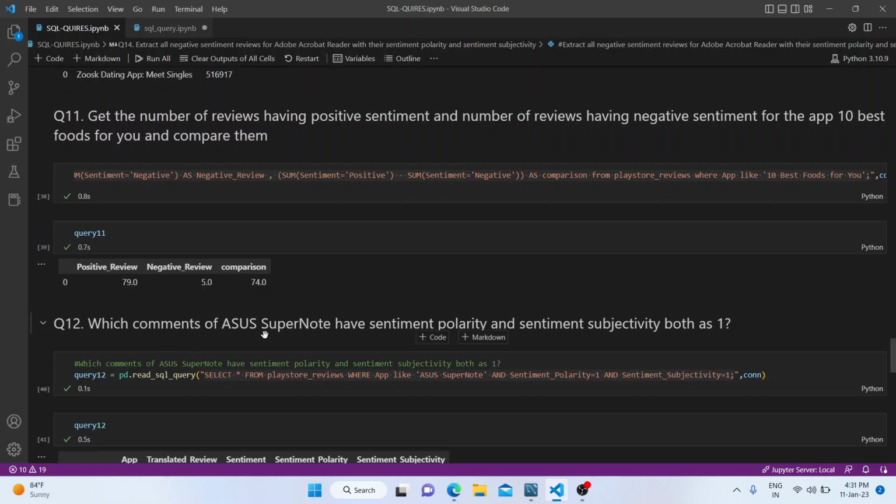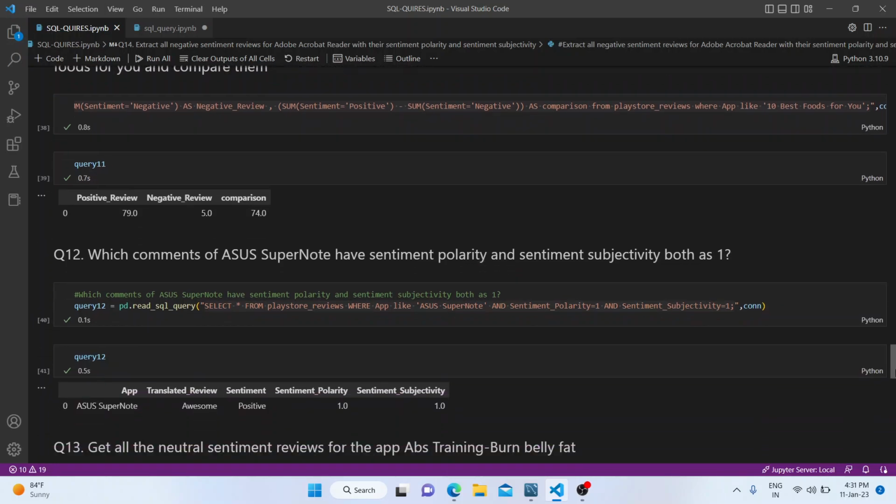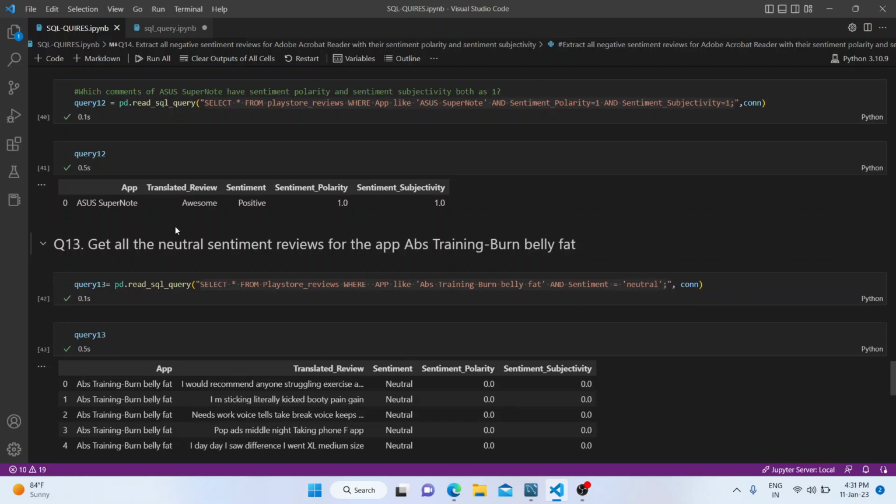Which comment of ASUS Supernote has sentiment polarity and sentiment subjectivity both as one? This is awesome, this ASUS Supernote, and it has one.